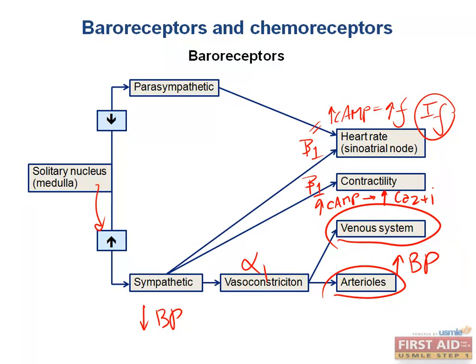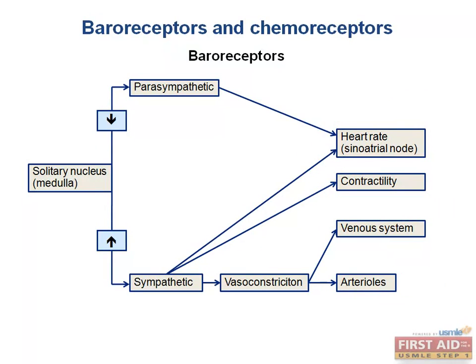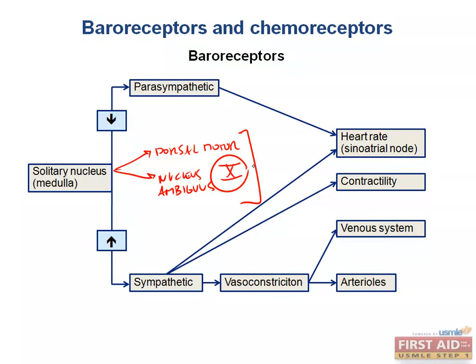There are also projections of the solitary nucleus to the dorsal motor nucleus and the nucleus ambiguus of the vagus nerve. So let's say again that we're simulating increased transmural pressure on a vessel by massaging the carotid sinus. The response will be parasympathetic nervous system mediated, because these vagal nuclei will release acetylcholine onto the sinoatrial node and the AV node, which will